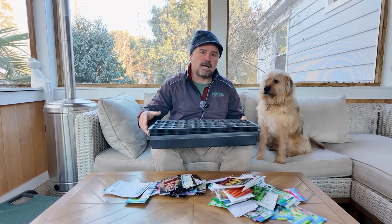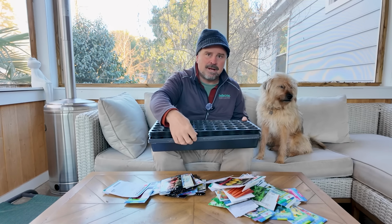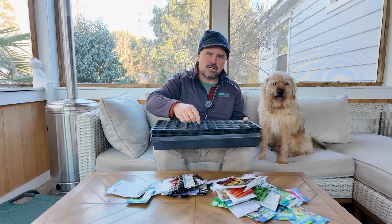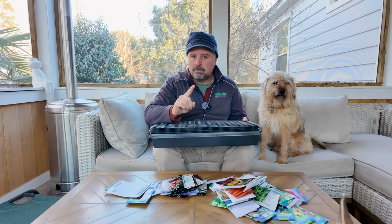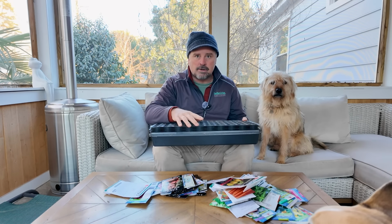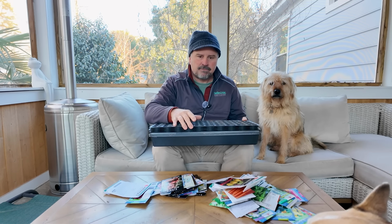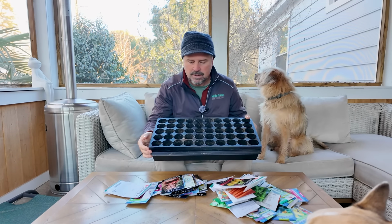We don't have to water a whole lot initially. We'll get that soil mix that I'll talk about in just a second wet, and then it tends not to need any water until the seeds have germinated and start to use a little bit of that water. Of course, those fluorescent lights will burn a little bit more water off because of the heat than the LEDs. So you may have to do slightly more watering on the shelves that we have the fluorescent lights